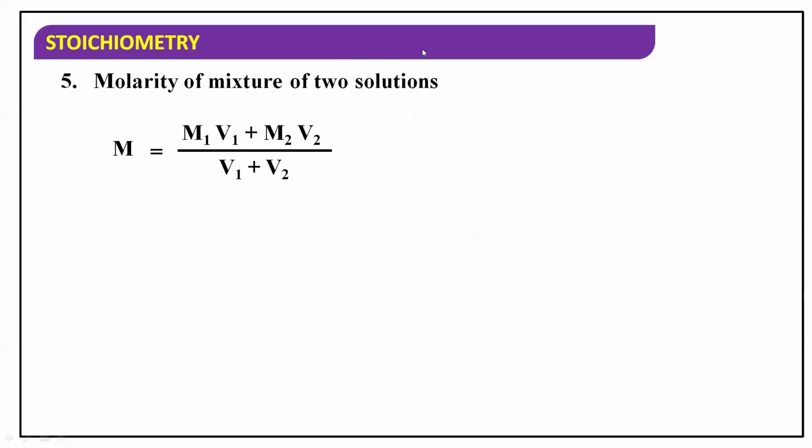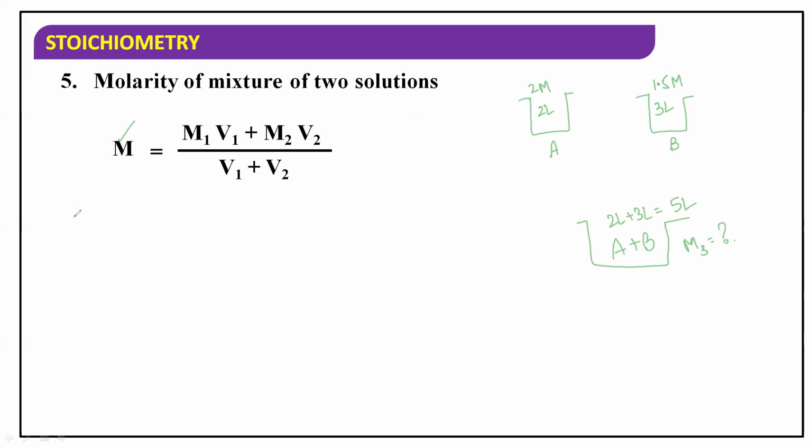Okay, then the fifth formula is molarity of a mixture of two solutions. If you have two solutions, let it be solution A and solution B. The volume of one is 2 liters, the other is 3 liters, the molarity is 2 molar and this is 1.5 molar. And now I am mixing them. I added both A and B. Obviously, when I combine 2 liters and 3 liters, common sense says it will be 5 liters. That is not a problem. The problem is what the new molarity will be. So the formula is new molarity is equal to M1V1 plus M2V2 upon V1 plus V2.